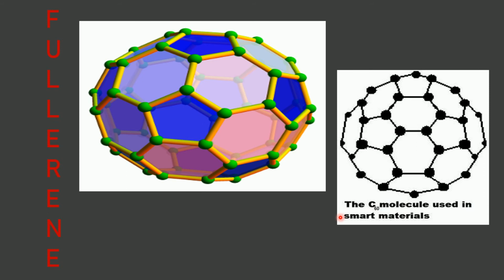Now, let us come to the third kind of allotrope of carbon. Now, you can say this is the very latest discovery. Now, if you see, children, diamond and graphite are n number, infinite. They can be of any number of carbon atoms. But in case of fullerene, this is limited to only 60 molecules. How many molecules? 60 molecules. Now these 60 atoms of carbon are combining to form a ball-like, football-shaped structure,